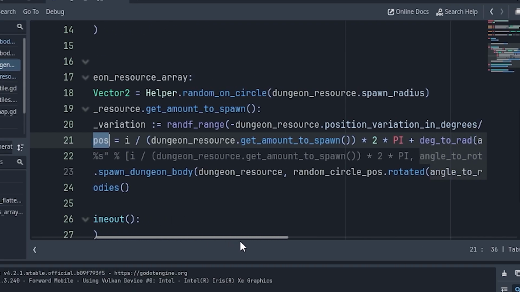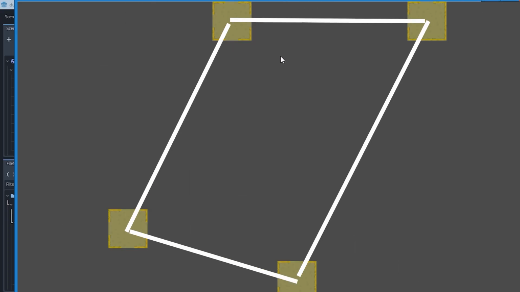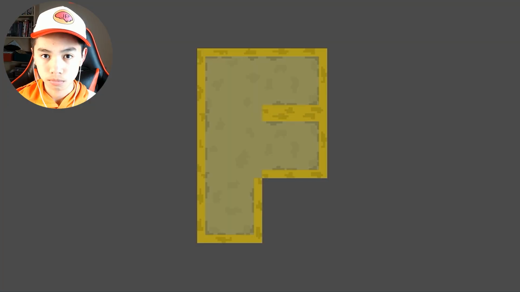So I added this line of code, which makes the dungeons spawn equidistantly from one another, which gives me control of how far apart I want the dungeons to be. Now that we have our dungeons, we need to connect them using a maze, like those found on the very first level. So I started by...